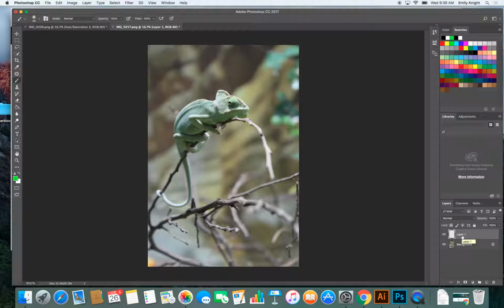We don't want to use that. What we want to do is create adjustment layers, which are layers that are made specifically to affect the base layer. Okay, I'm going to reiterate right now that